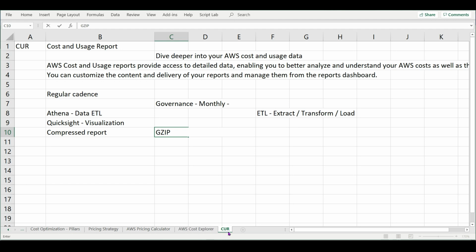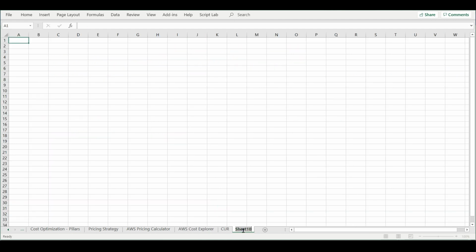And many customers will ask you to configure budgets. Okay, that is another important tool that